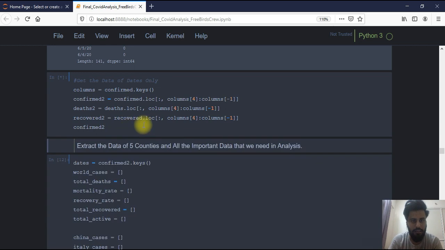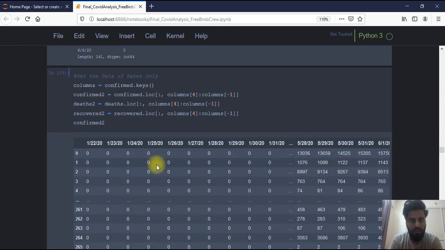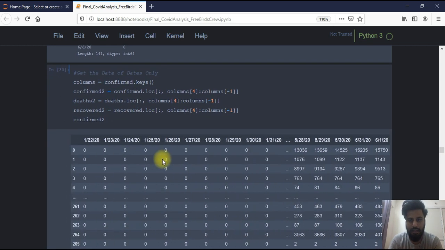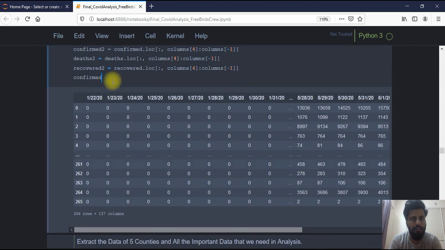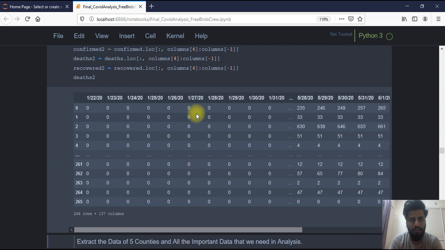As you can check, we have only the date columns here, and in our deaths data frame also, and recovered also, the same details with only the date columns.